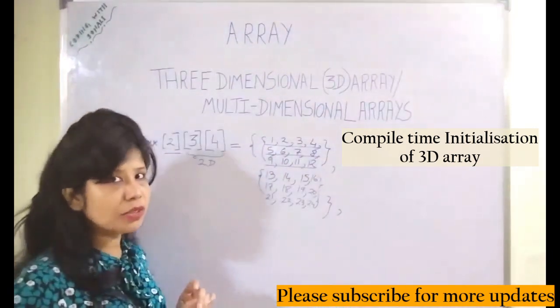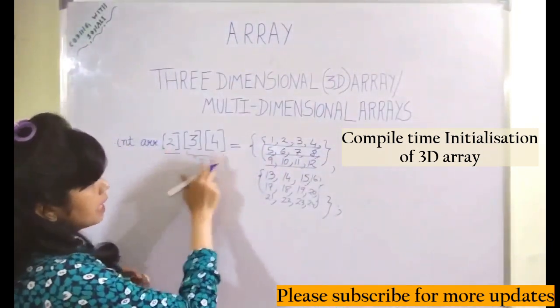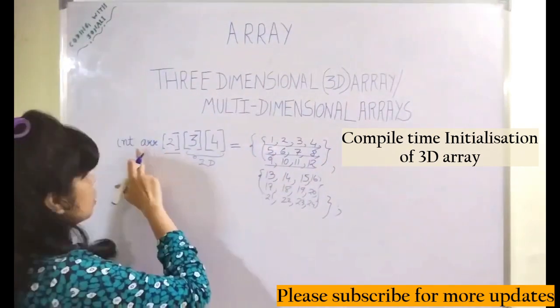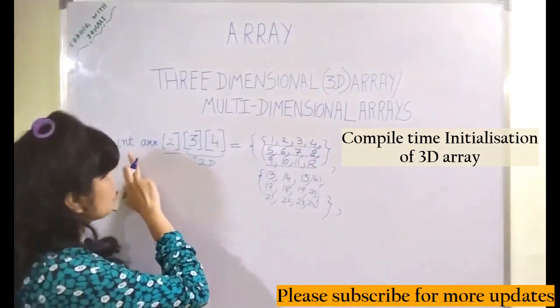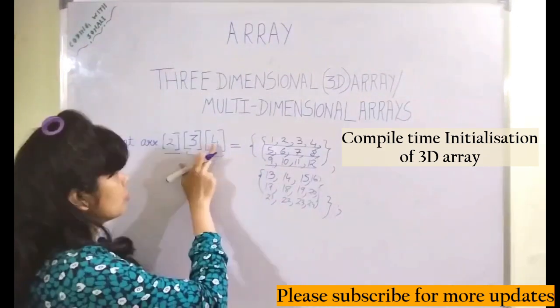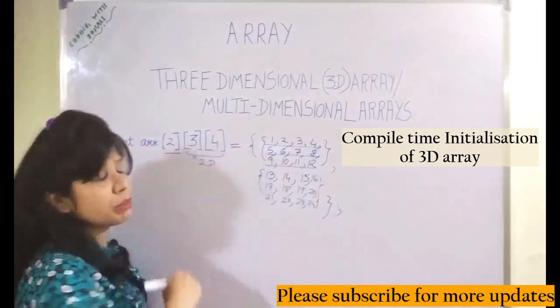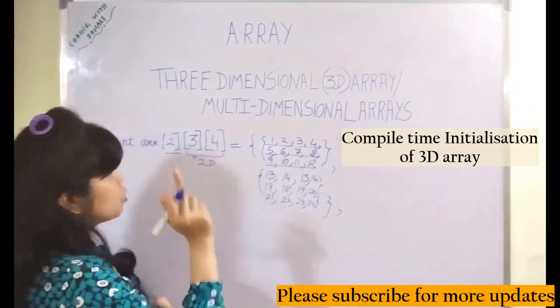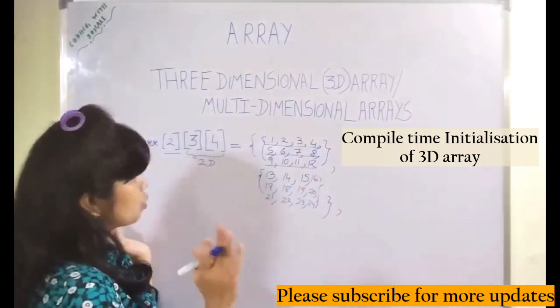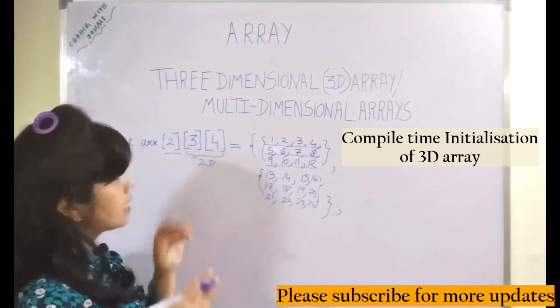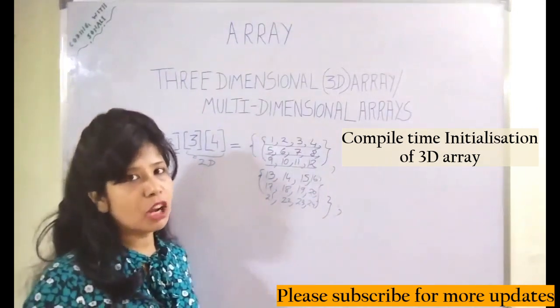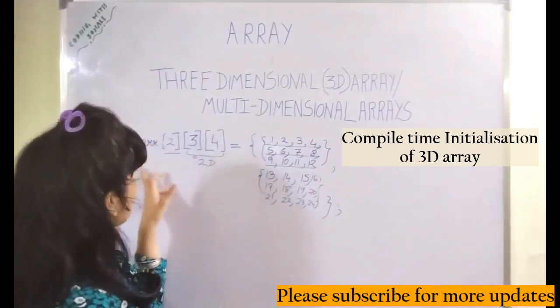So what will be the size of the array? It will be the multiplication of the dimensions. We know that since it is an integer, it takes 4 bytes, right? First of all, we will multiply these dimensions. 3 into 4 will be 12, right? 12 into 2 will be 24, and 24 into 4 you have to multiply. That will be the total size of your 3D array. That means that many bytes will be occupied in memory for your array.